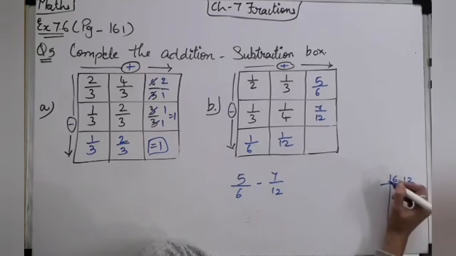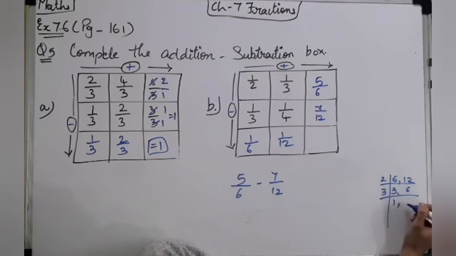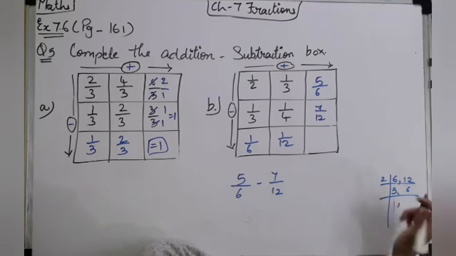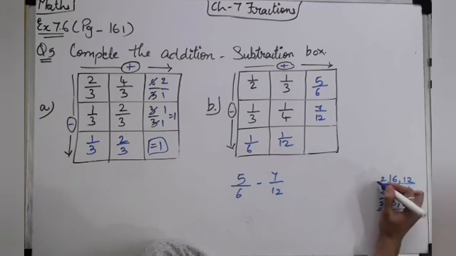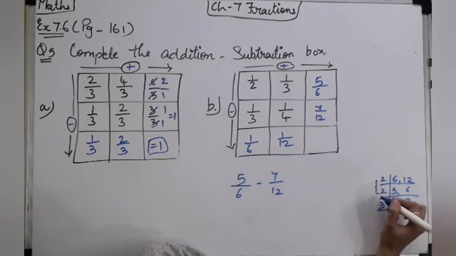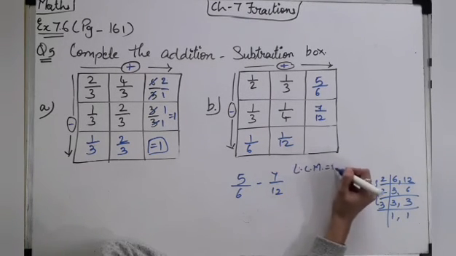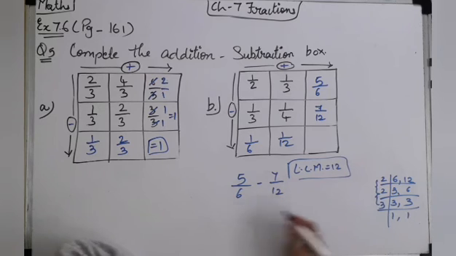6 and 12 both are coming in the 2 table. 2 3s are, 2 6s are, 3 1s are. We will do by 2 only because 6 is there. In the 2 table 3 is not coming. 2 3s are 6, and then 3 1s are and 3 1s are. Okay. 2 2s are 4 and 4 3s are 12. So our LCM we got 12.